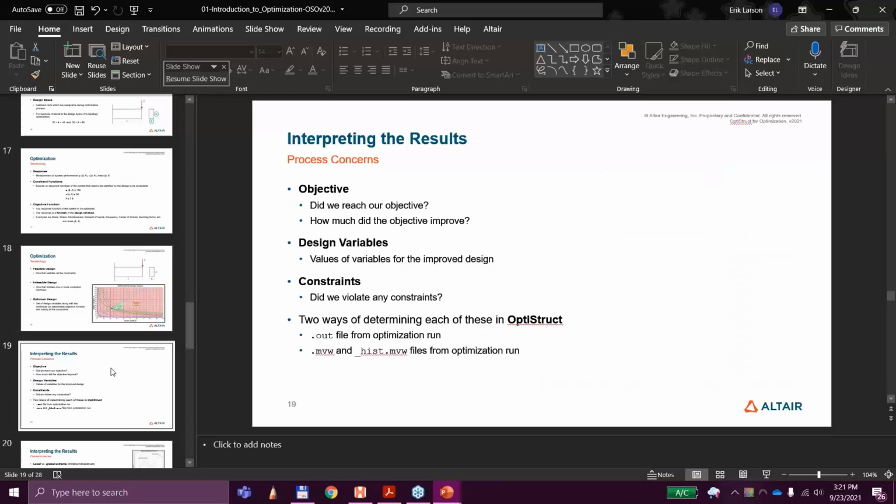When we're done with the optimization, there are some questions that we typically have to ask ourselves. First of all, did we reach our objective? Was the goal that we set reached? And how much did the objective improve? And that's important. There are times where we will run an optimization on something and find out that it improved the overall design, but it didn't improve it enough to warrant the time or expense of